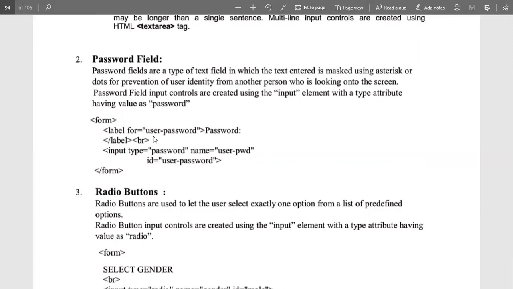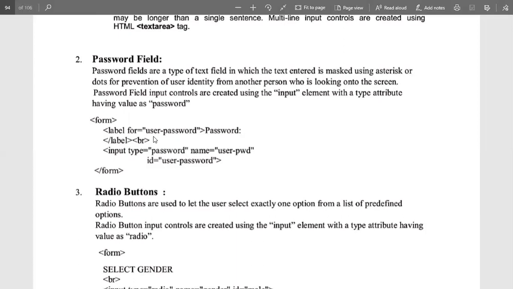With the ID we can fetch that particular field at any time. So we can say password fields are a type of text field in which the text entered is masked using asterisks or dots, to prevent the user's identity from being seen by another person looking at the screen.